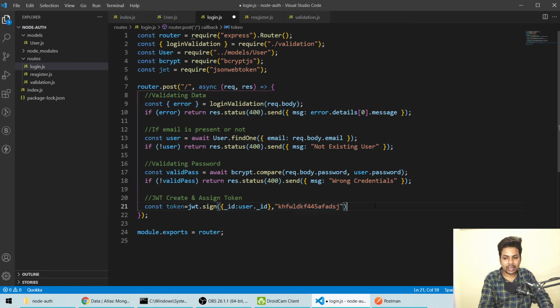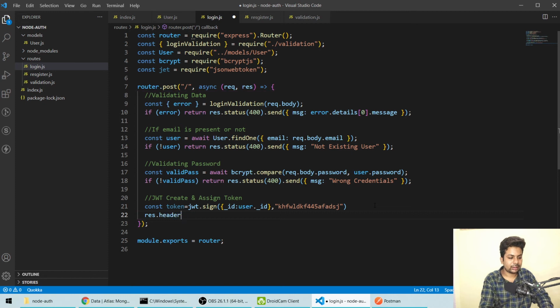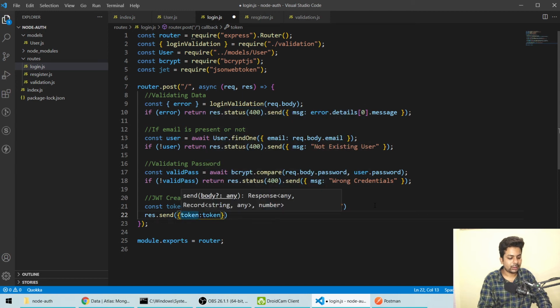Okay, and then we'll res dot, we'll set it to header, no not header, I'm just sending it, we'll say token, and here we'll say auth token.